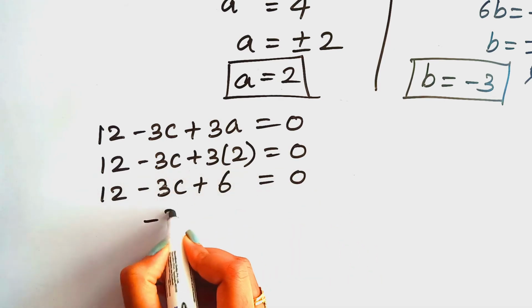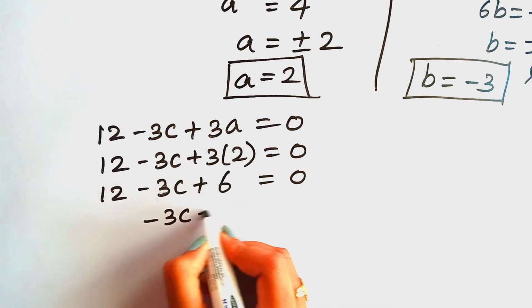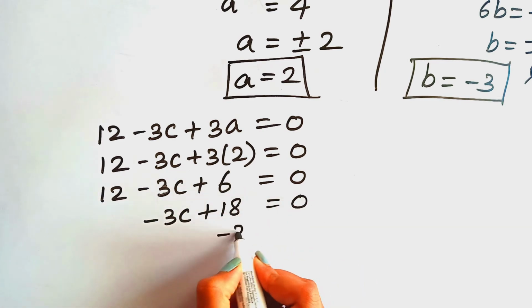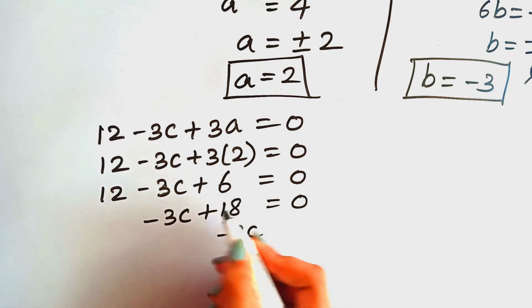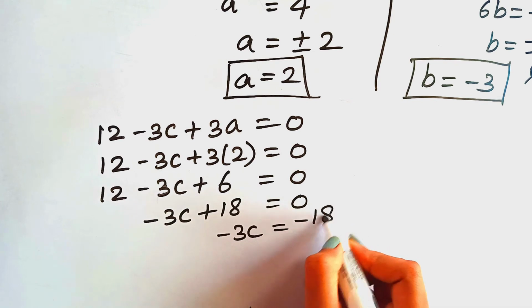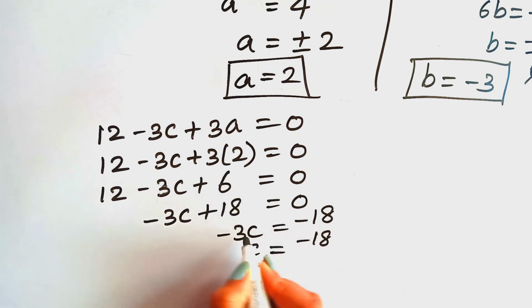So here there is a minus 3c, and here 12 plus 6 we'll get an answer 18 is equal to 0, and here minus 3c, and we are taking this 18 to the right hand side, so that plus 18 will become minus 18, and then c is equal to minus 18, and 3